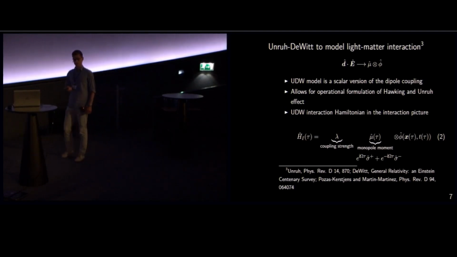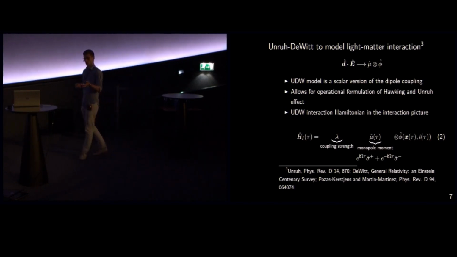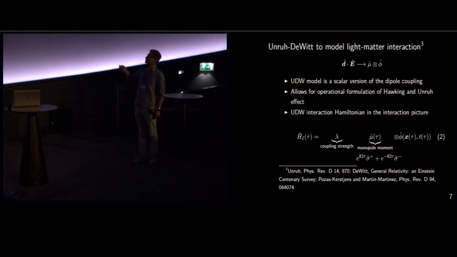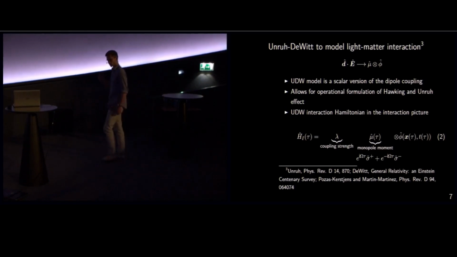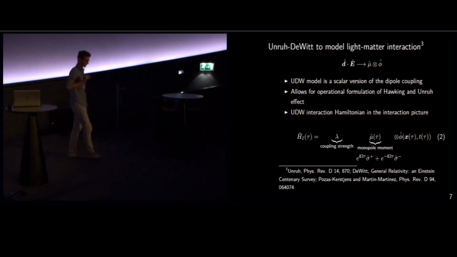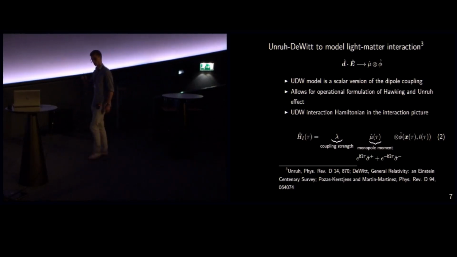And the detector model is also a way to have an operational approach to the problem of what is a particle in quantum field theory. Because a particle is, in this approach, just basically what is detected by a detector. So if the detector clicks, you have a particle. And it also allows for operational formulation of the Hawking-Unruh effect. And it is so as long as you neglect exchange of orbital angular momentum between the field and the atom, this is a pretty good